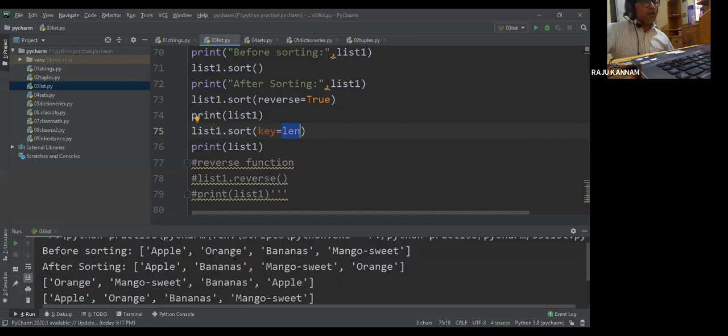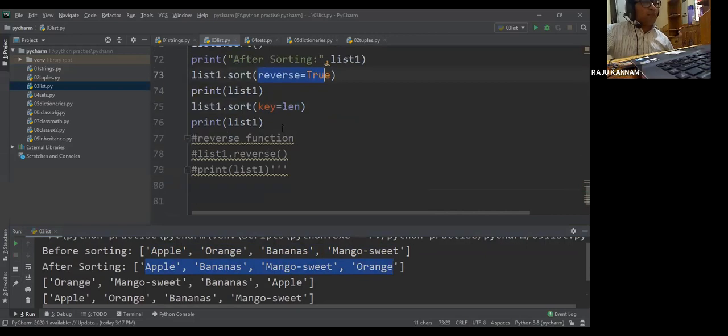see here, this is before sorting: apple, orange, banana, mango sweet. After sorting in alphabetical order, this is the result. If you are reversing after sorting alphabetically, orange comes first, then mango sweet, banana, apple.